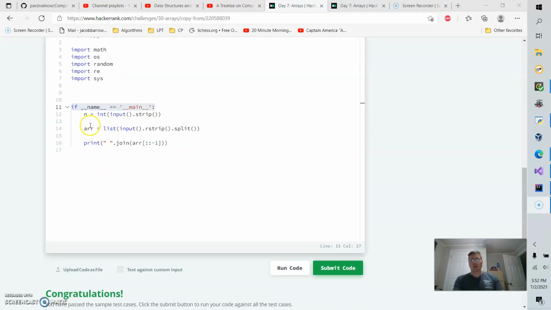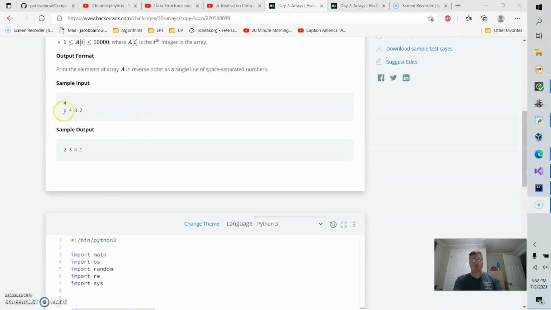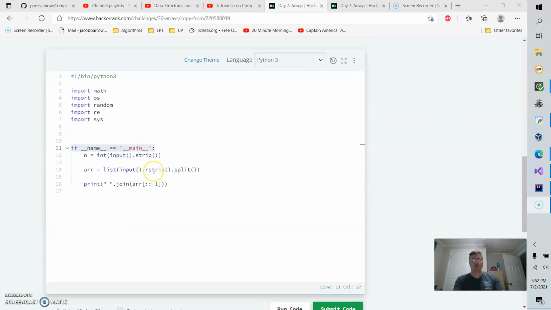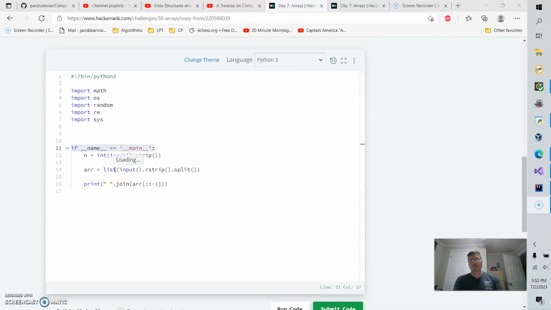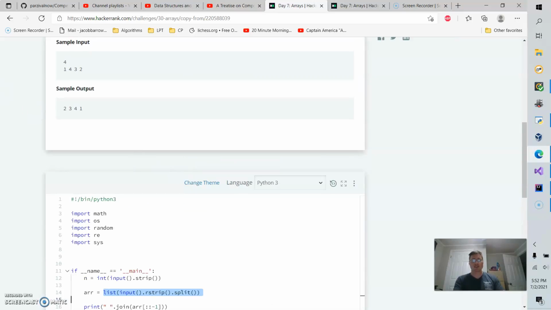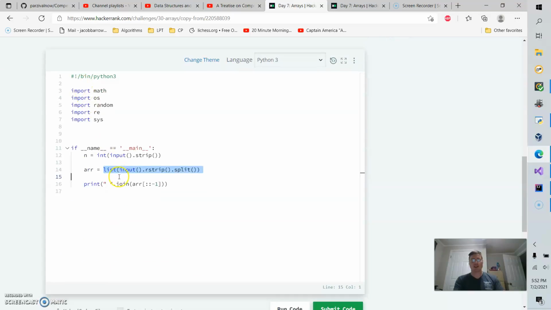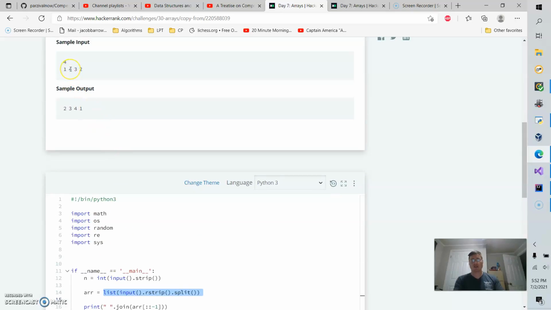The next line takes the array and does most of the work. What it does is it inputs 1, 4, 3, 2, and then it strips the white space on the left side and on the right side, and it splits between 1, 4, 3, 2 in order to pass it to the list function. So essentially, this whole line takes the input 1, 4, 3, 2 and makes a list so that slot index 0 is going to be 1,